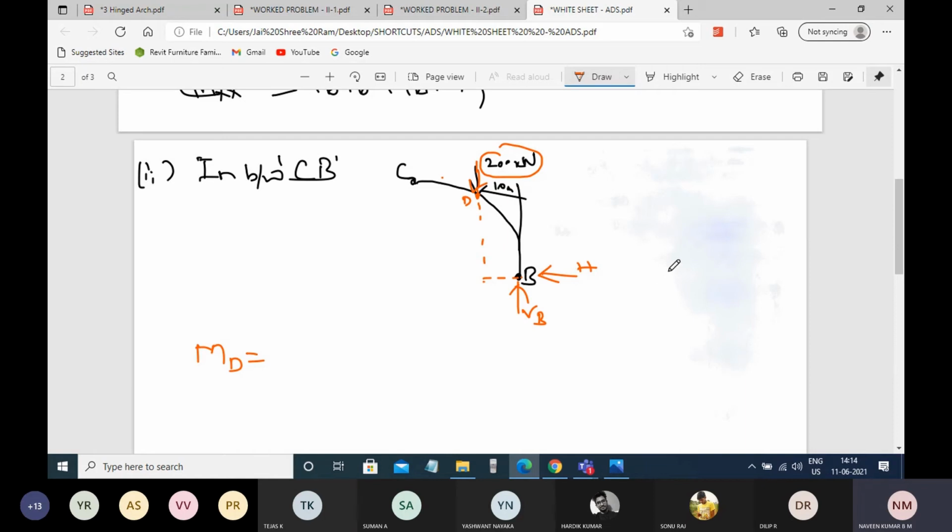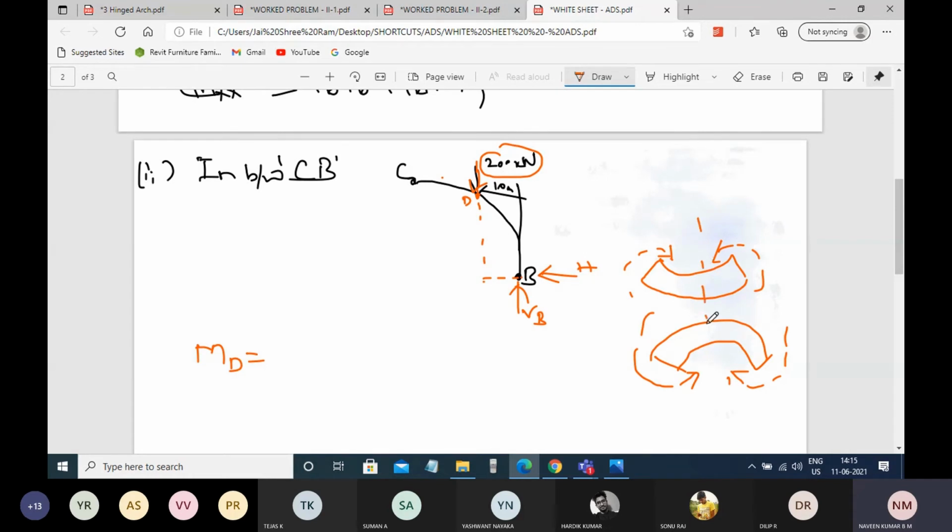While considering from the right hand side, you should follow this rule, where clockwise will become negative and anti-clockwise will become positive. For that reason you should be very careful in case of finding the moment from the right hand side. This is how you can consider the section. This is sagging moment, this is hogging moment, and you see the rotation of the bending.